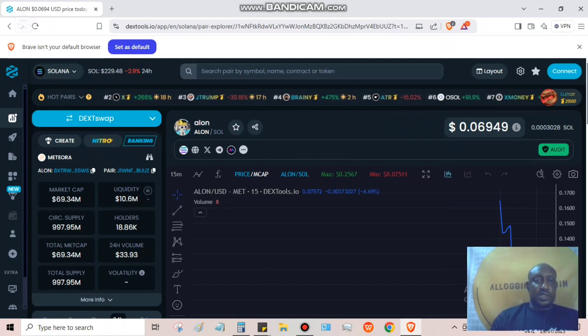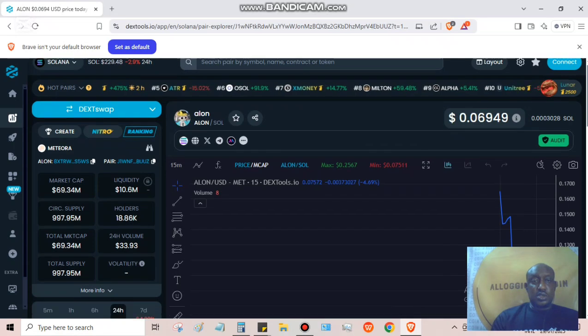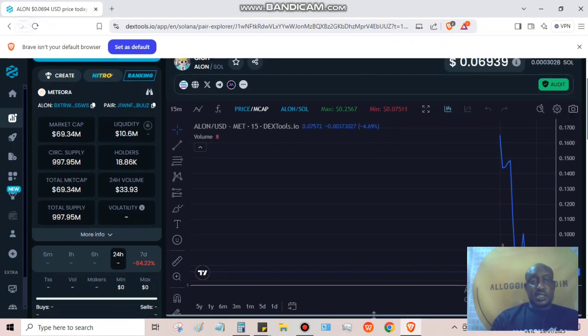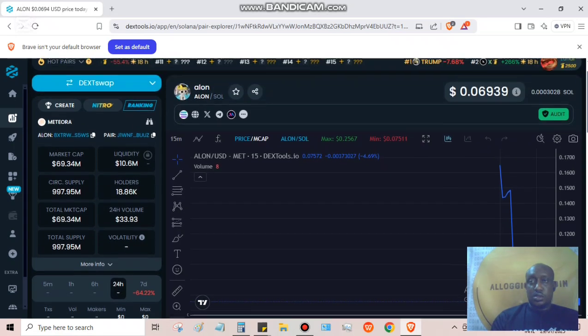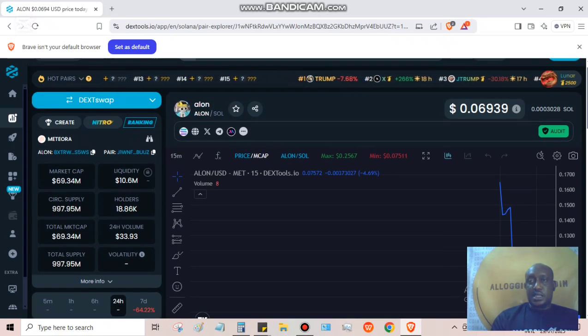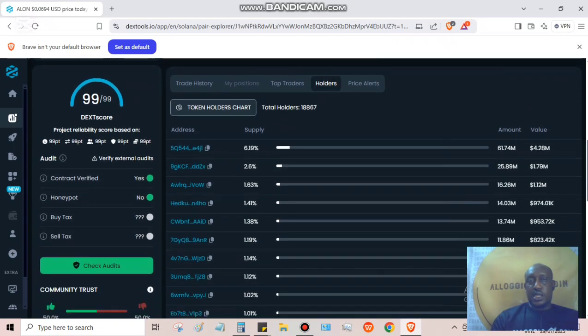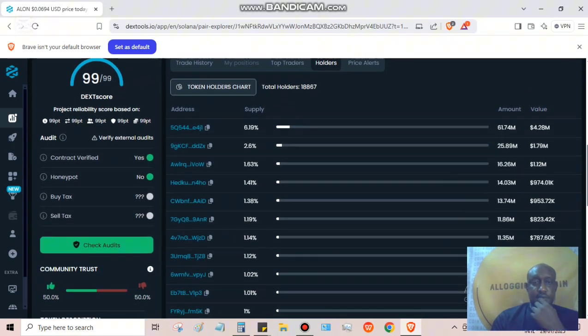You can see liquidity is showing $10 million. Market cap is showing $69 million as market cap. Total supply is almost a billion. Okay, and you have the price at $0.069 per coin. Now, when we look at the holders, you find out that